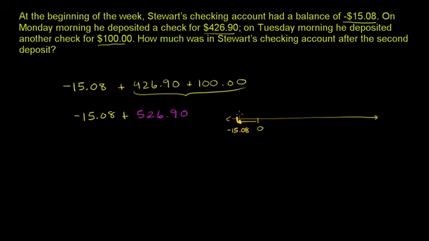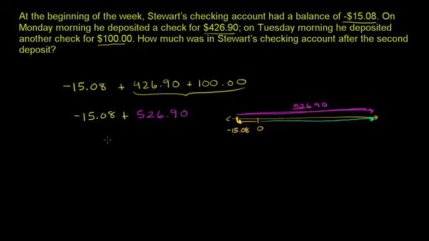And to that, he's going to add 526. So I'm not drawing this to scale, but to that, he is going to add $526.90. So the amount that he's going to be in the positive is going to be $526.90 minus the 15.08. It's essentially going to be this length right over here. That's how much he's going to be in the positive. And that's going to be $526.90 minus